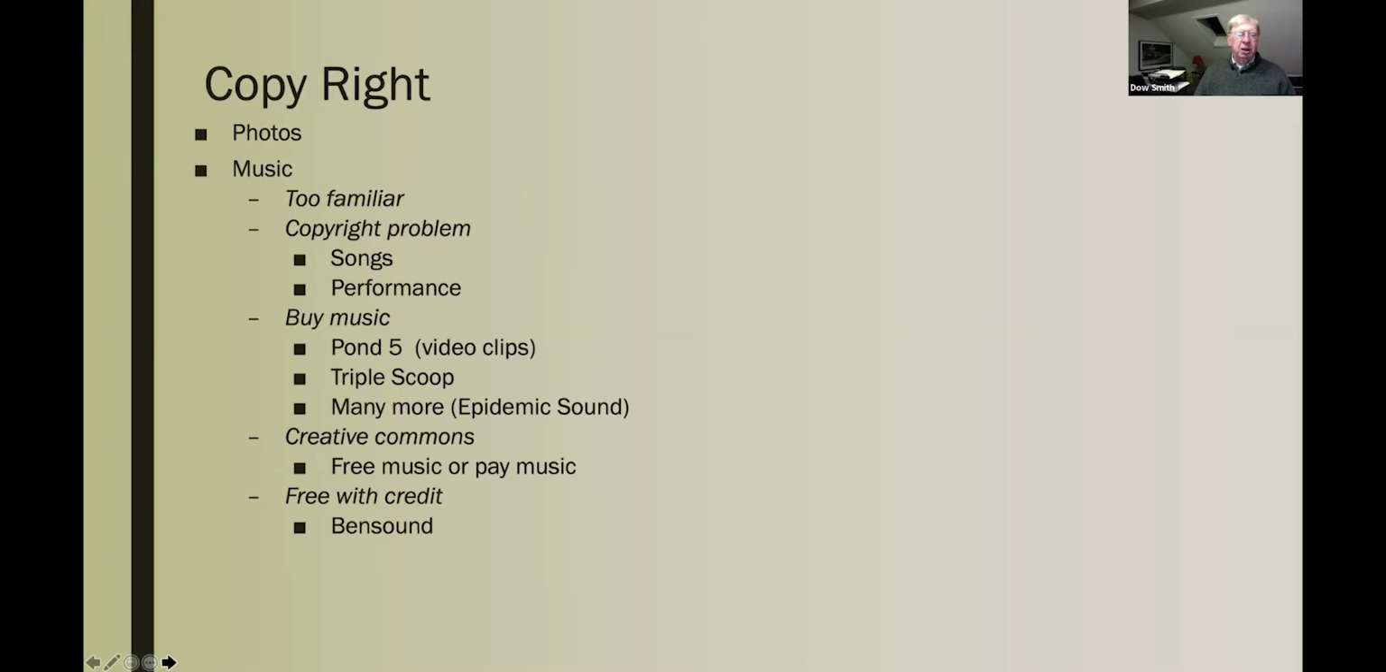The music is a real copyright problem. There are song copyrights, and there are performance copyrights. So even if a song or a piece of music is in the public domain, a performance could be copyrighted. So if you're going to use public domain work, you really have to make sure there's no problem with the performance. This is a problem now going out over the internet, particularly if you're on YouTube and you use music